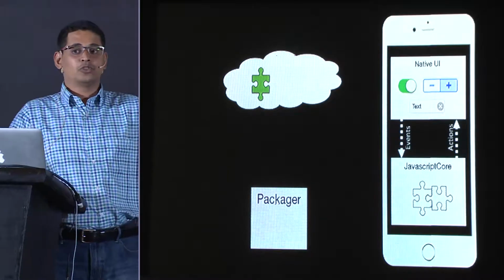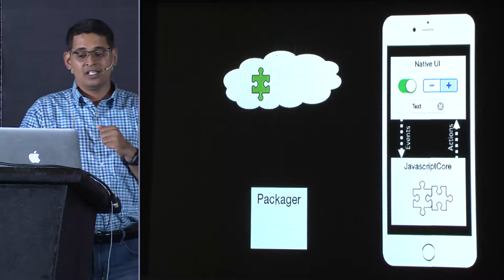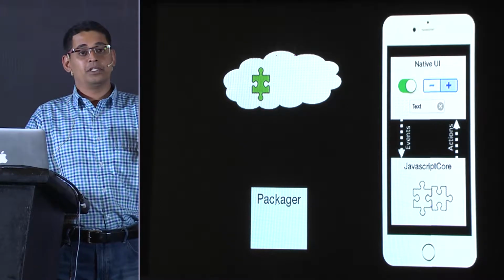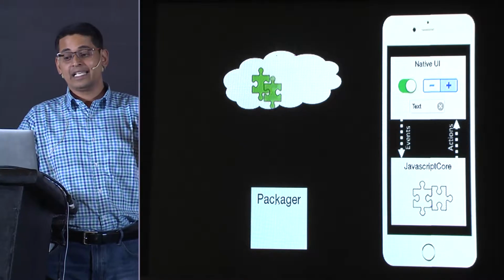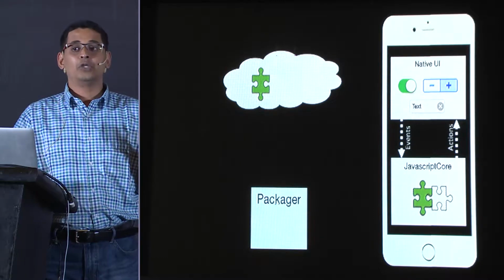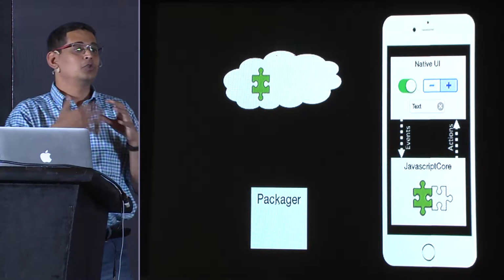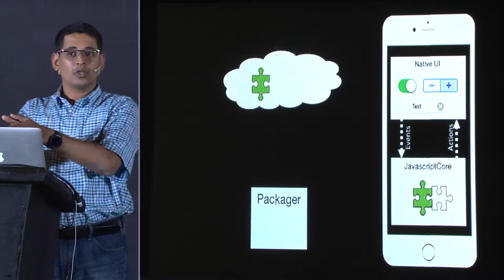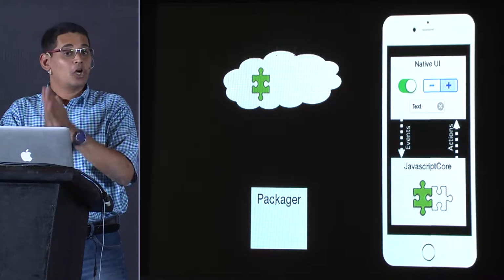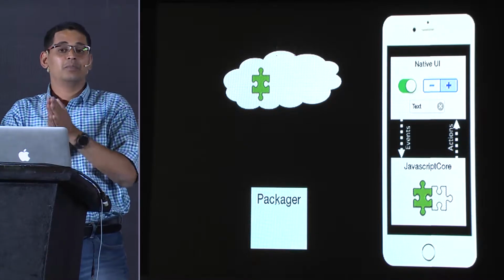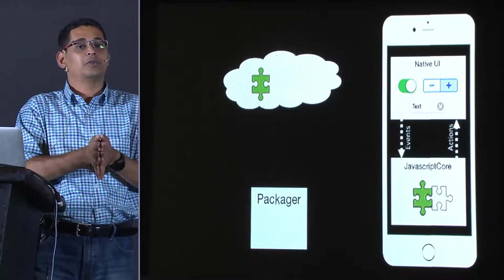I mean, everything goes on the cloud these days, right? So why not? The next time the app is opened, it can check if there's an update. It can download that JavaScript file and do an eval of that JavaScript to get the new bundle running. I mean, this is pretty much what websites do. This is not possible in native applications, and this is one of the biggest advantages of using React Native today.